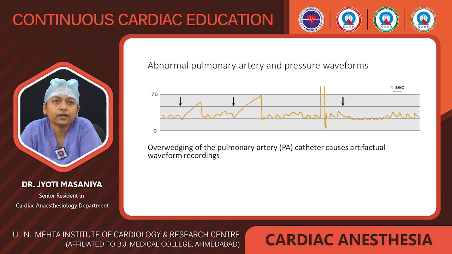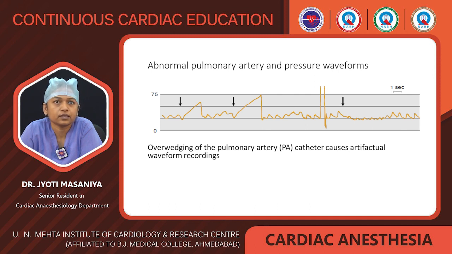Another common artifact is overwedging of the PA catheter. This overwedging occurs because whenever we inflate the balloon, sometimes it may migrate distally into a small pulmonary artery, or during CPB it may migrate distally. So, you can see here when we inflate the balloon, it will produce a non-pulsatile increasing pressure. So, we deflate the balloon and withdraw the catheter, and then we again inflate the balloon,